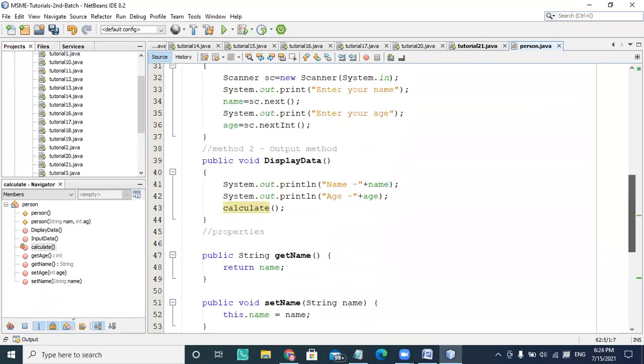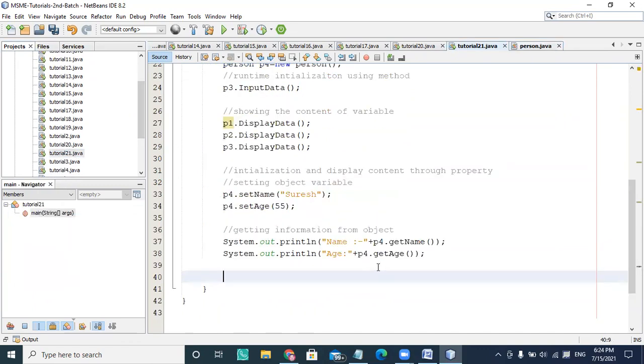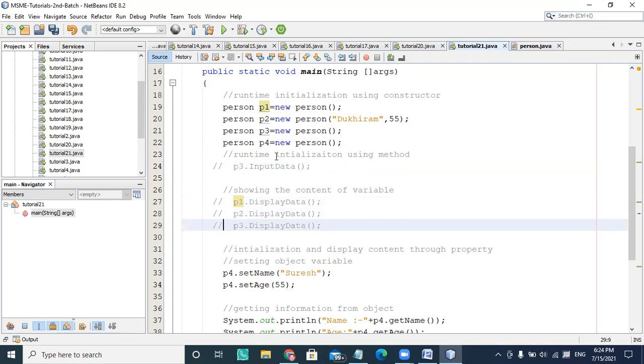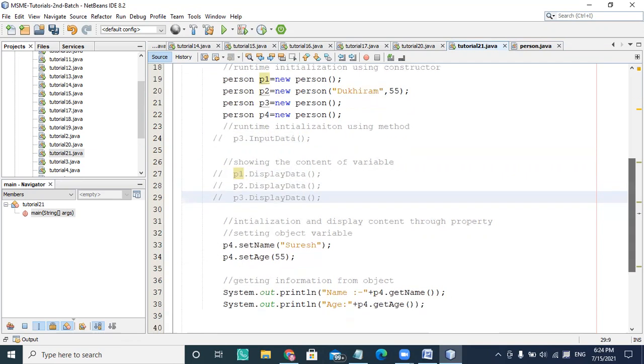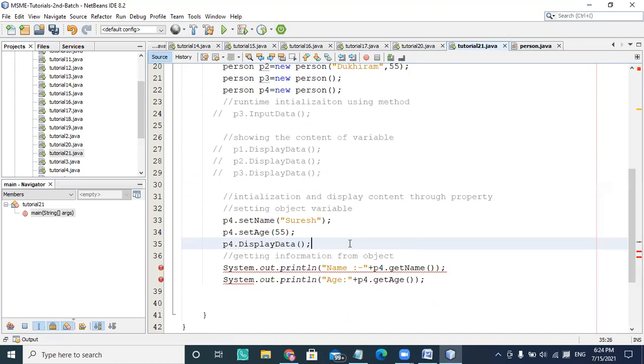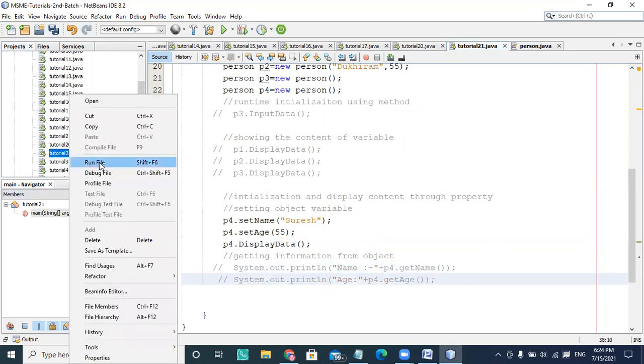Let us see when I run this program again, tutorial number 21. For the time being, I'm closing all these objects and only using the p4 object, p4.displayData. It is going to show on the output.